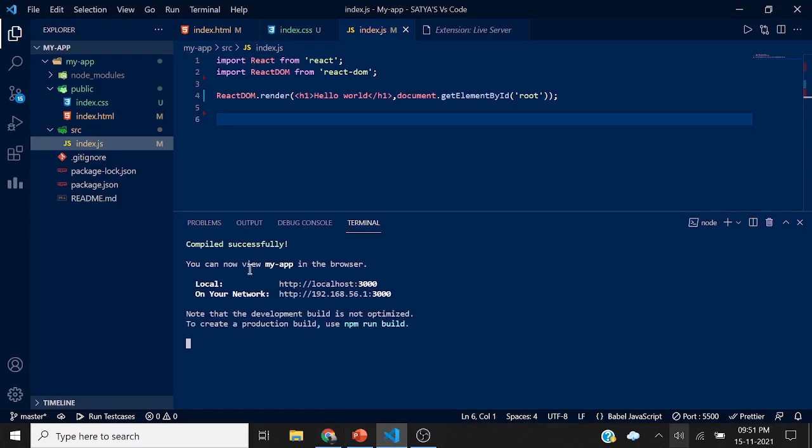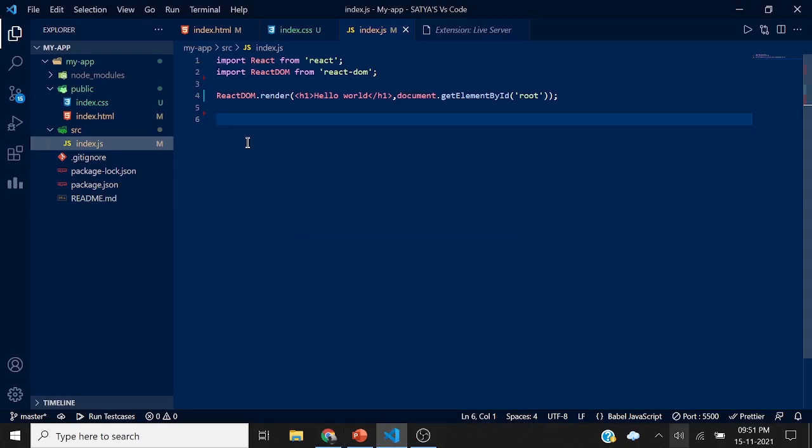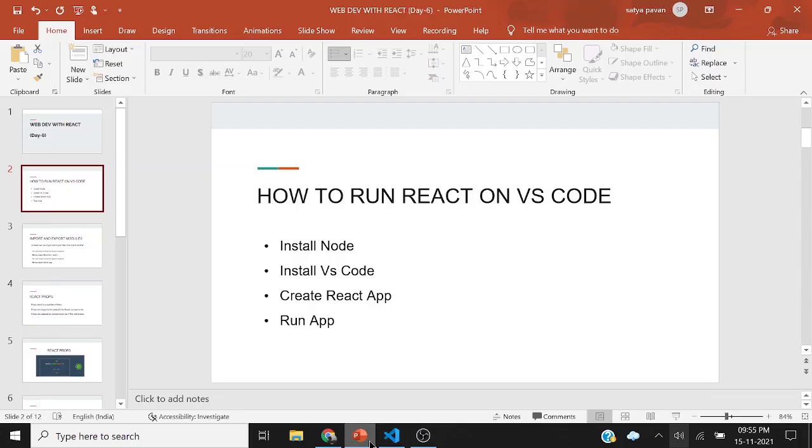So wait for some time. Yeah, as you see now, we have created our React app and printed hello world. In this way, you can install React on your local computer and work the same as we do in the CodeSandbox.